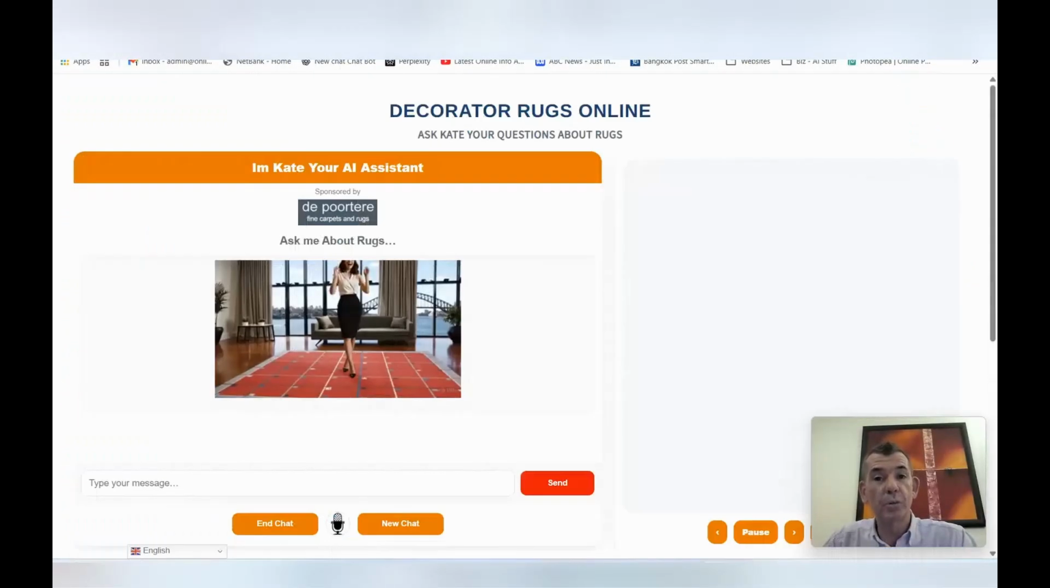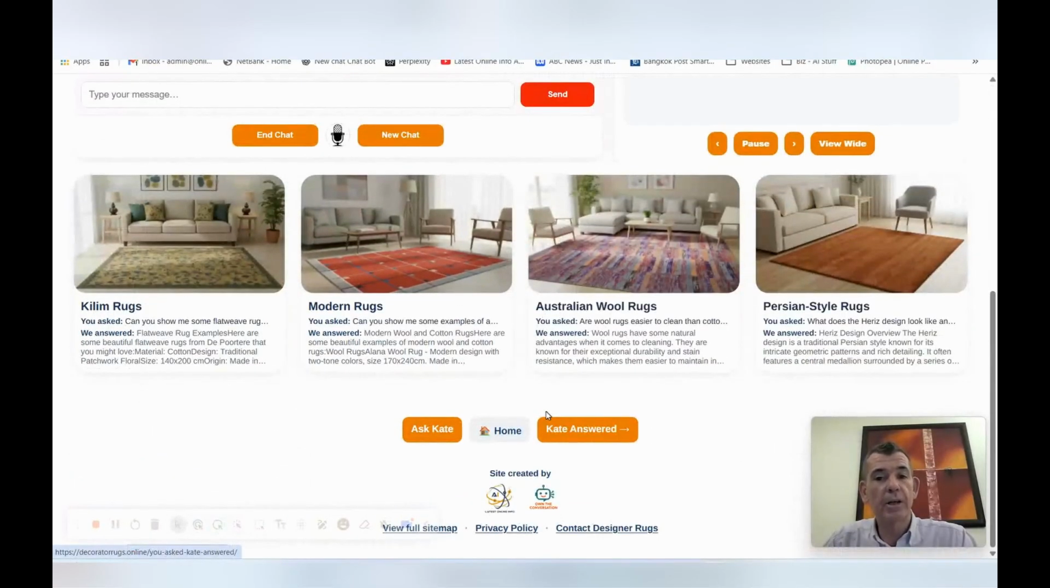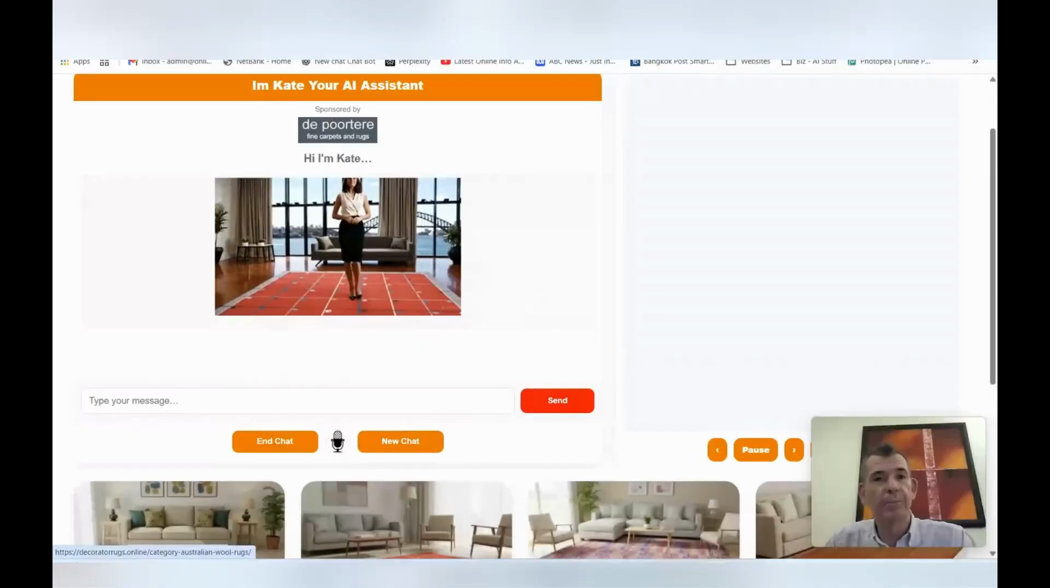So if we look at a recent site that I did for a rug company, if we go here, we can see that we've got Kate answered. Let's have a look here. These are the output pages that are all pages within their own right to be found by search engines and LLMs. So these pages contain information about the product and what's going on. All right,